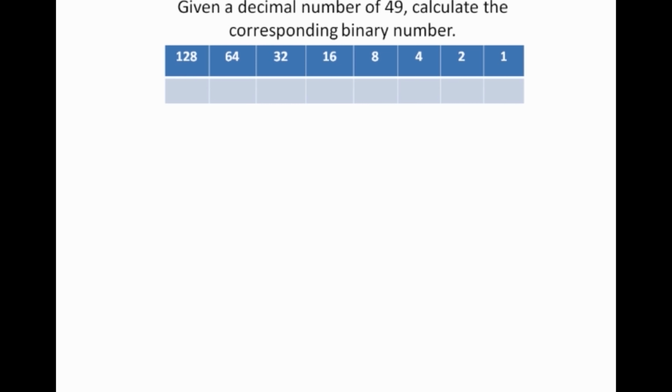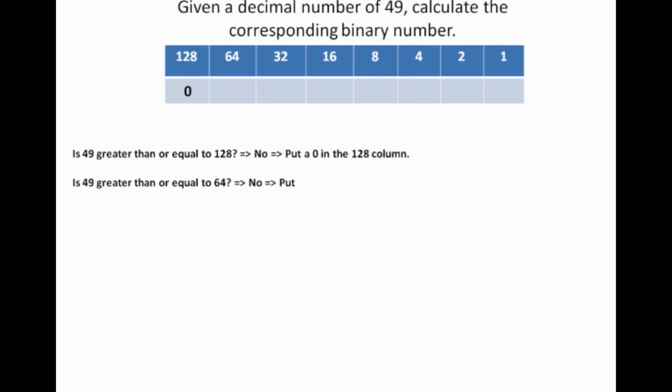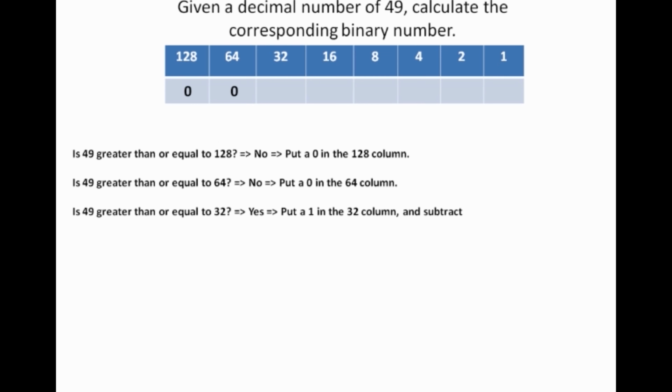Let's go through the questions we went through before. We start out by saying, is 49 greater than or equal to 128? No, it's not, which means we're going to put a 0 in the 128 column. Let's move over to the 64 column and say, is 49 greater than or equal to 64? No, it's not. A 0 goes in the 64 column. Is 49 greater than or equal to 32? Yes, it is. This means we're going to put a 1 in the 32 column,